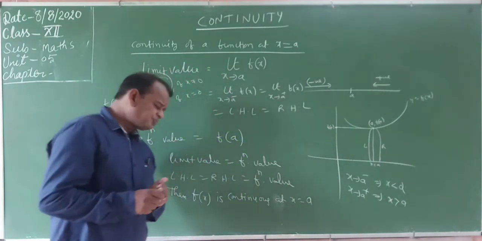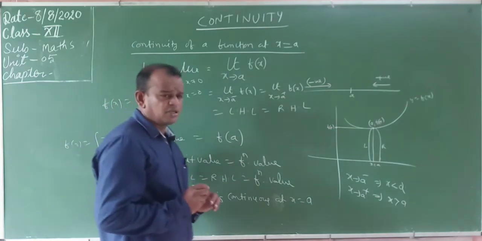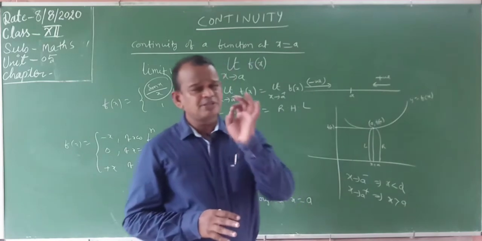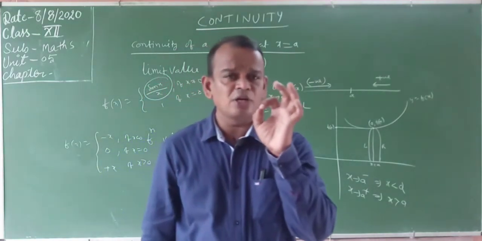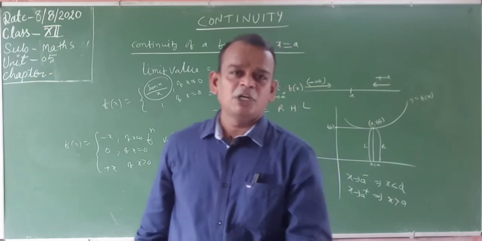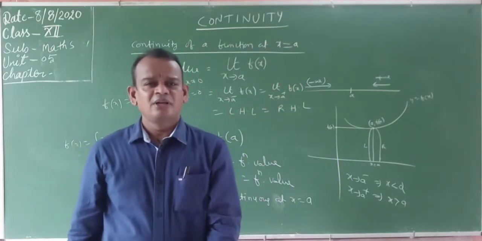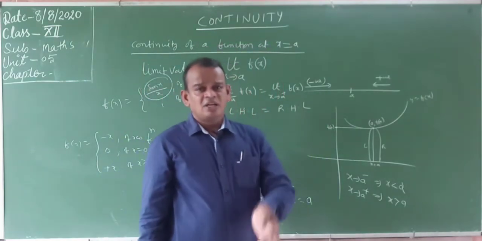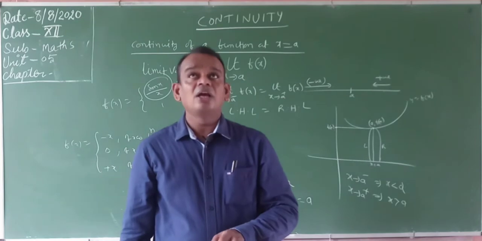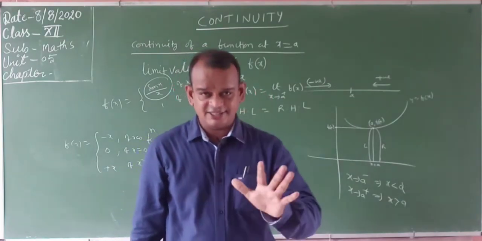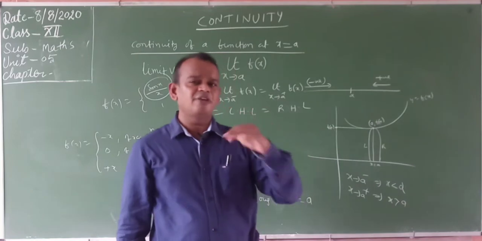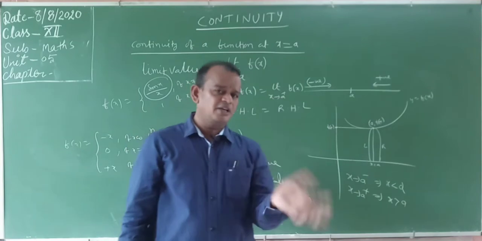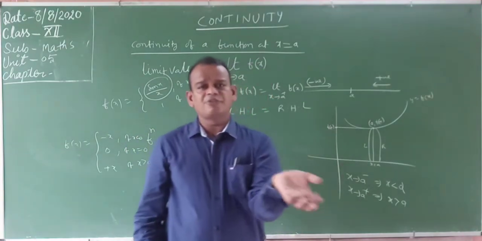Now, the function is continuous everywhere. Suppose the function is continuous or not, it is compulsory that the function is continuous on the domain, 100% on the domain. What is the meaning of the domain? The function is defined at every value of x, every real number. The function is defined at every real number, not getting plus infinity or minus infinity, then the domain of the function is R.